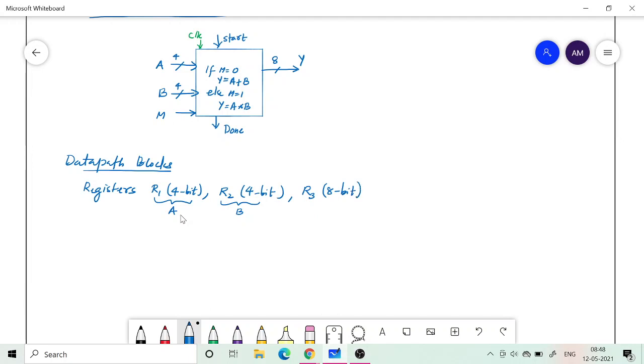This is to keep the y. So this is the A input, this is the B input, and this is the y output. Then what are the operations that we need to perform? We need to either add or multiply, so we need an adder and a multiplier.